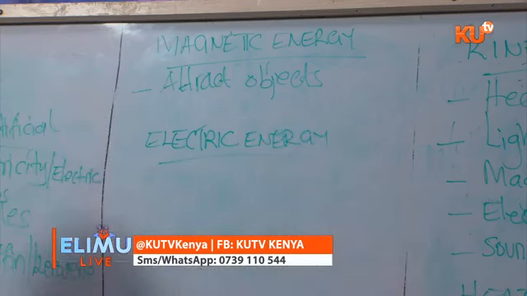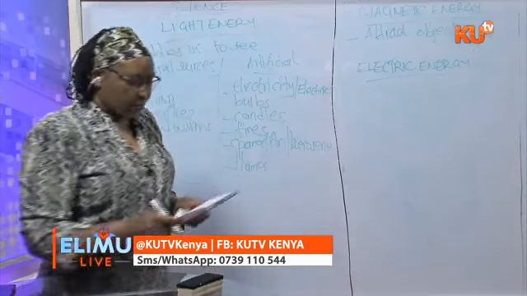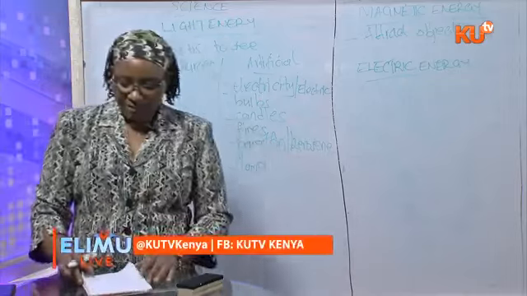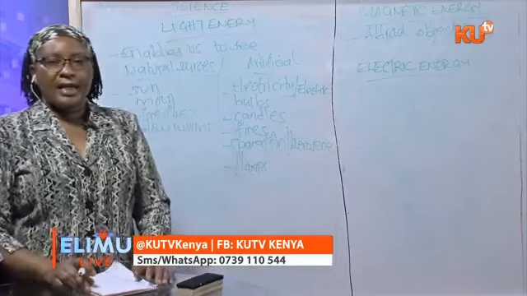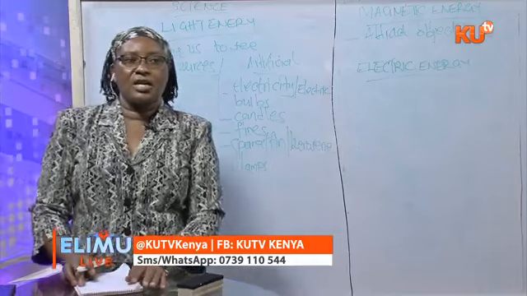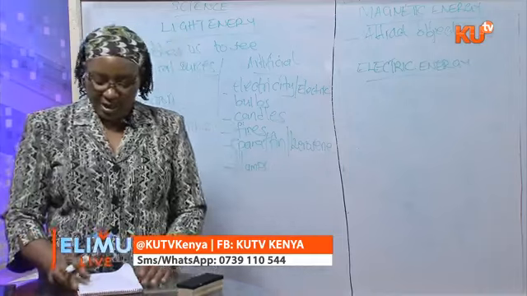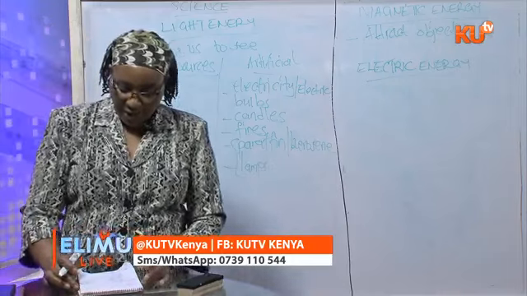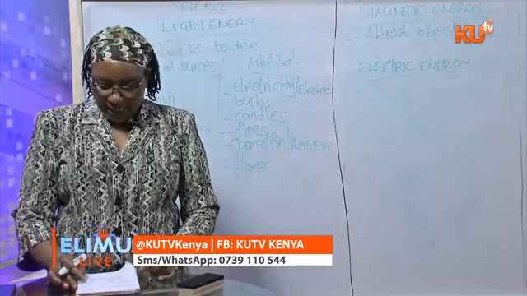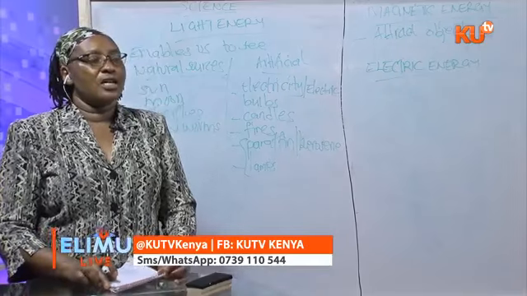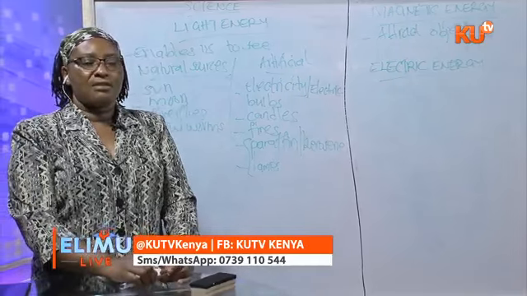And I'm reminding you to send your questions on the number on the screen. Now, electric energy, as you have learned in class 7, is energy which is created maybe using water, that is by hydroelectric generators, geothermal wells. You can get electricity from there. And it is used for lighting our houses, heating our houses, and we can also use it in electric appliances